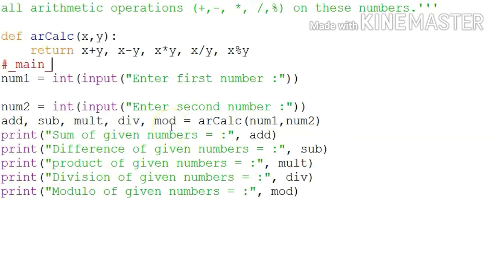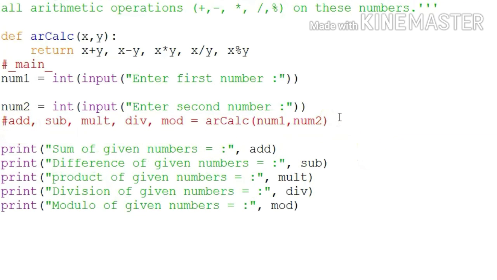Okay, either you can return like this or you can return by using a tuple. That means when you return this into a tuple, here I am commenting this one out and writing one more statement.